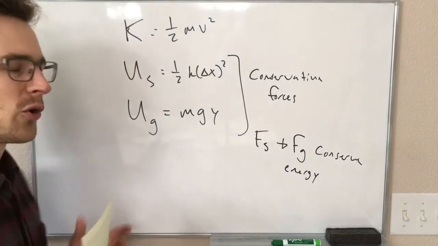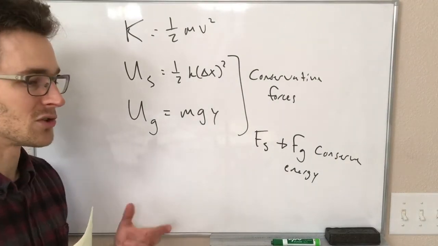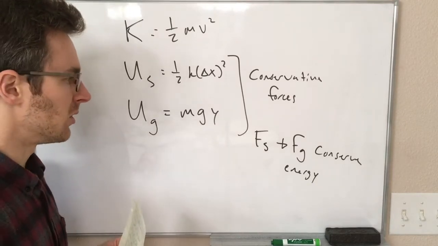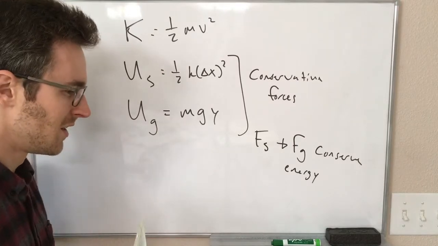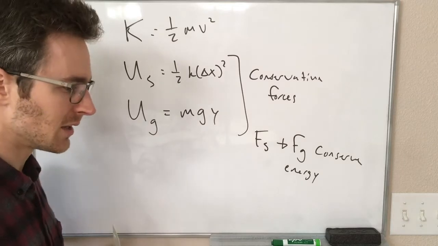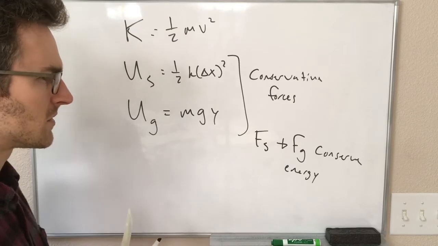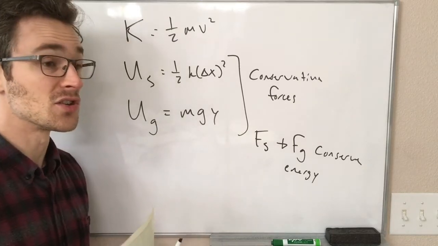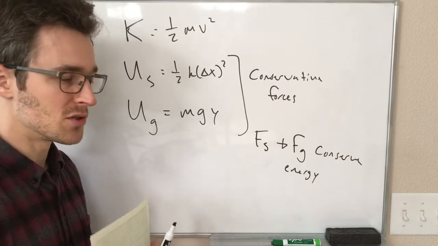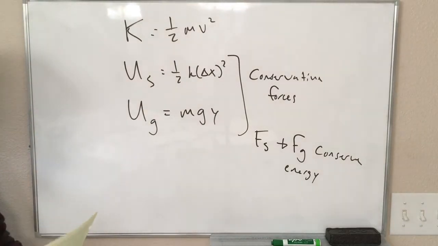Now, normal force can't really do work in this class, so it's not going to be involved in energy. Tension can do work, but only if something else is pulling on the other end of the string and doing work. The tension can't store energy, it can only transfer energy. So I guess the way of saying that is tension conserves energy, but because there's no potential energy of tension, there's no energy stored in the string, we don't have to worry about it as much in this picture.